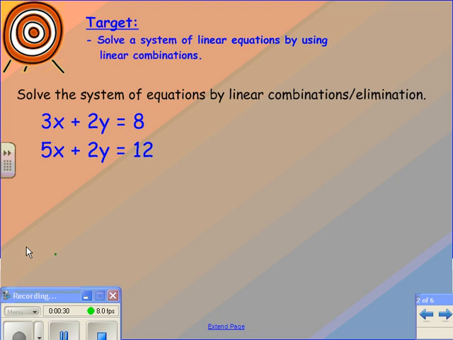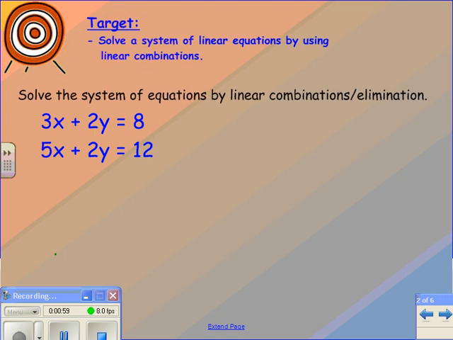So our system of equations, 3x plus 2y equals 8, 5x plus 2y equals 12. If you notice, everything is lined up in correct columns, the x's, the y's, and the constants, but we do not have opposites in any of the columns, in either the x or the y terms. So we have to make it so that one of our terms is going to be the opposite of the other. And I'm looking at both my x's and my y's, and it seems that my y's,